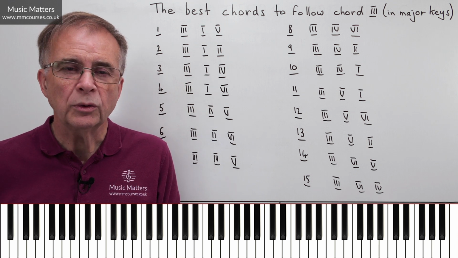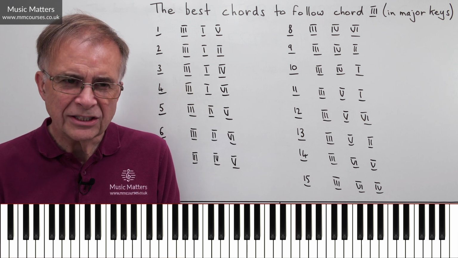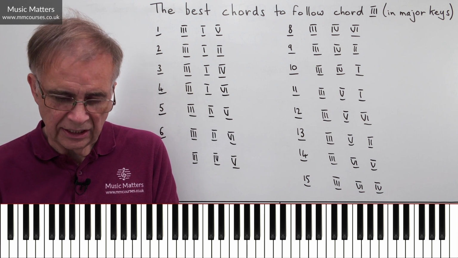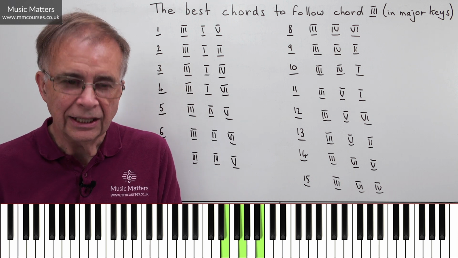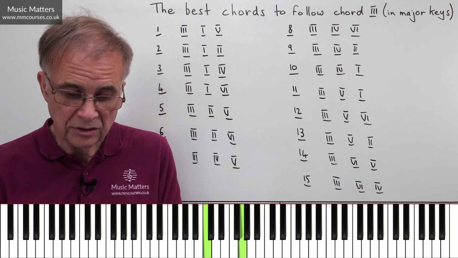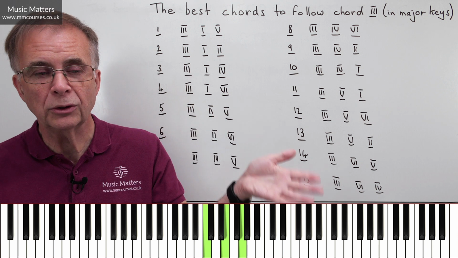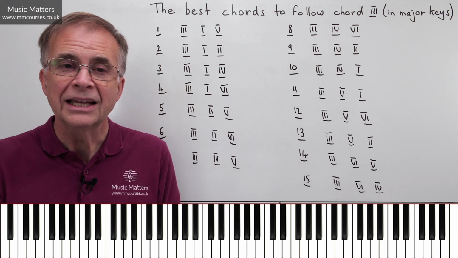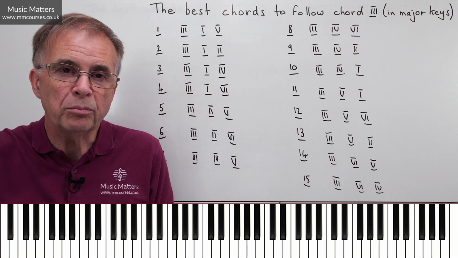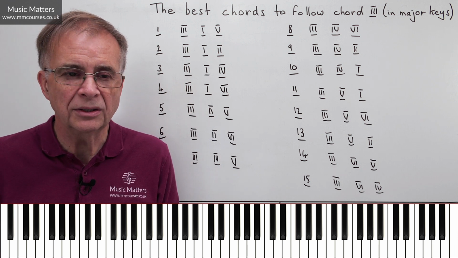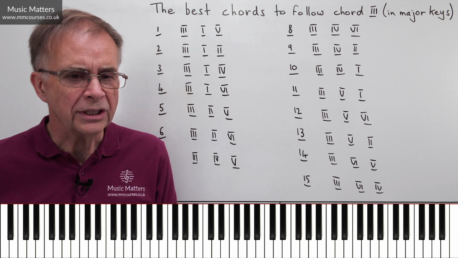You can see I'm starting with progressions that go from chord 3 to chord 1. It's quite a good progression in the sense of this, that in chord 3, 2 of the notes are E and G, and in chord 1, 2 of the notes are E and G. So they're what we call common notes. They appear in chord 3 and they appear in chord 1. So where you've got common notes, that kind of works quite nicely as a kind of blending from one chord to the next. So that's why we're exploring progressions that have 1 after the 3.